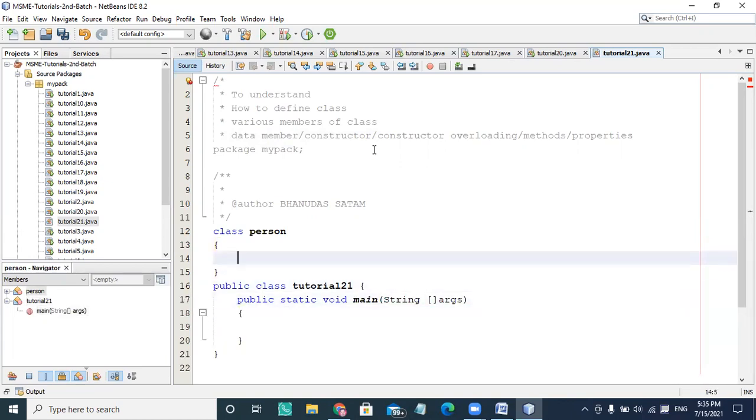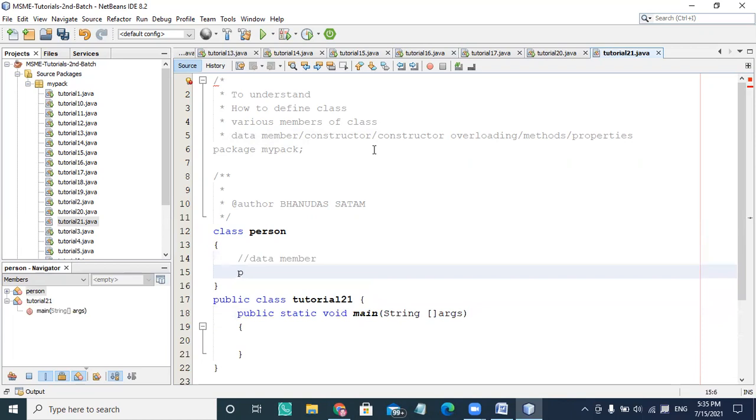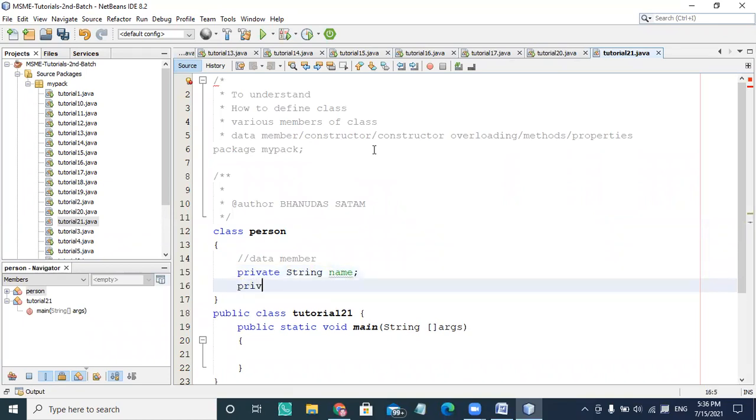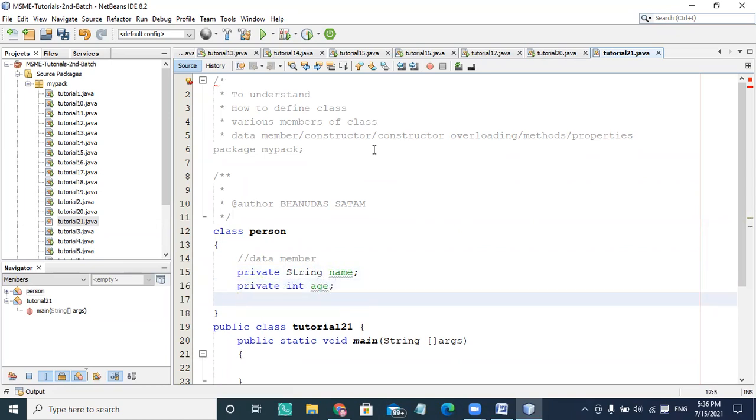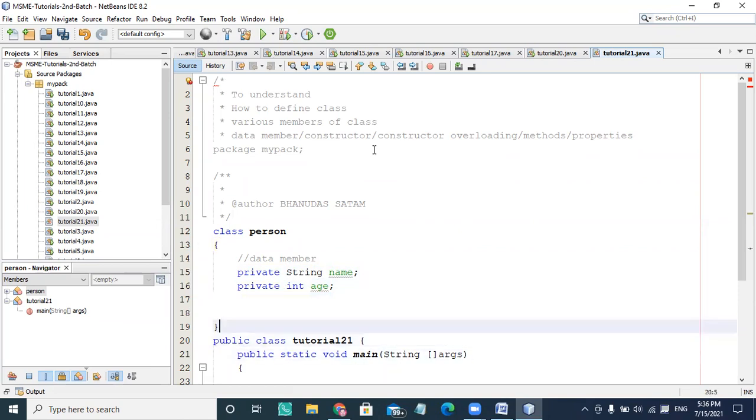So let us define a data member with accessibility control. I'm choosing private String name, the person's name, and private int age. All these are data members, so I have created two data members.